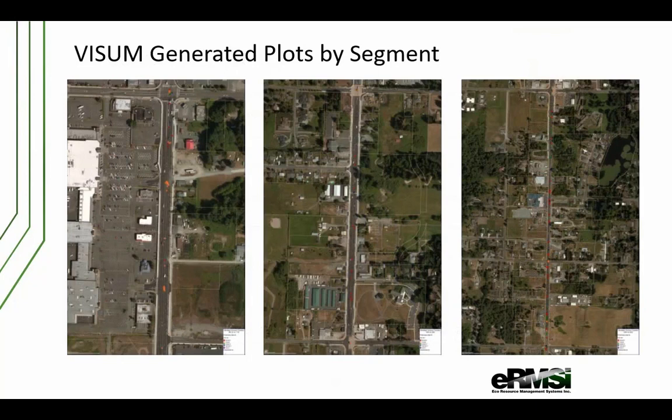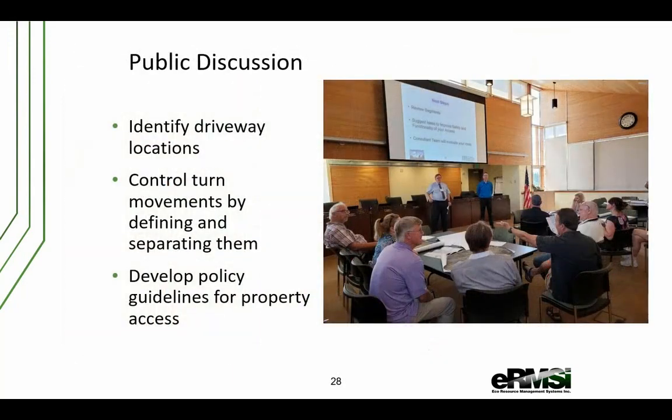Again, we used it to identify in the model where significant driveways were. So although Visum is a macroscopic model, we used it in a more microscopic way, because it was the tool that we had, and then we could use this in the meetings, spread them out on the tables and so forth,